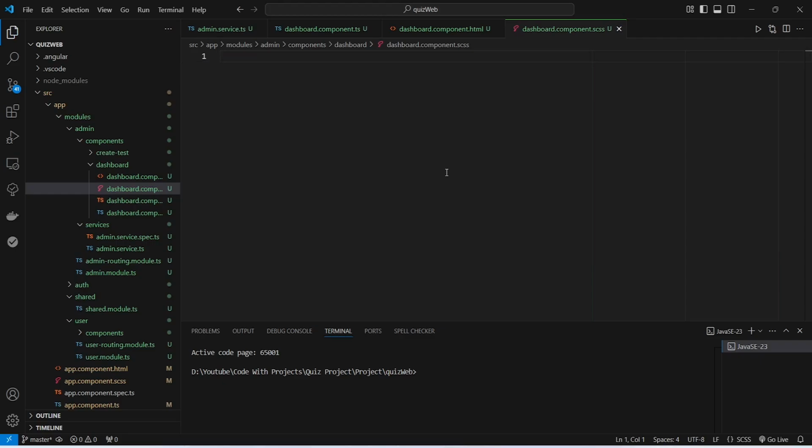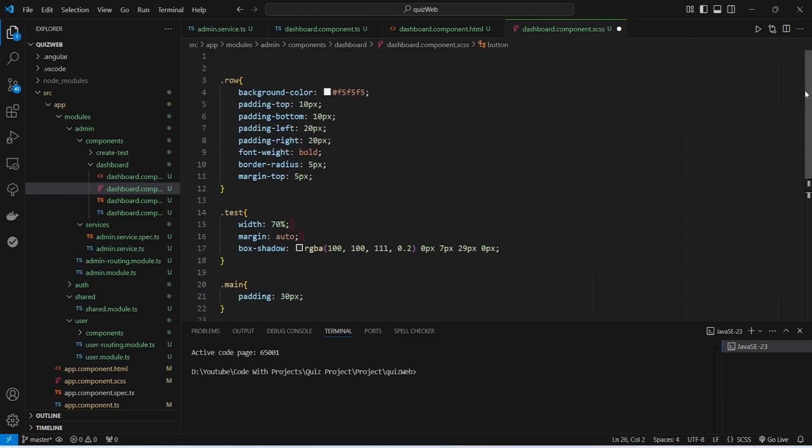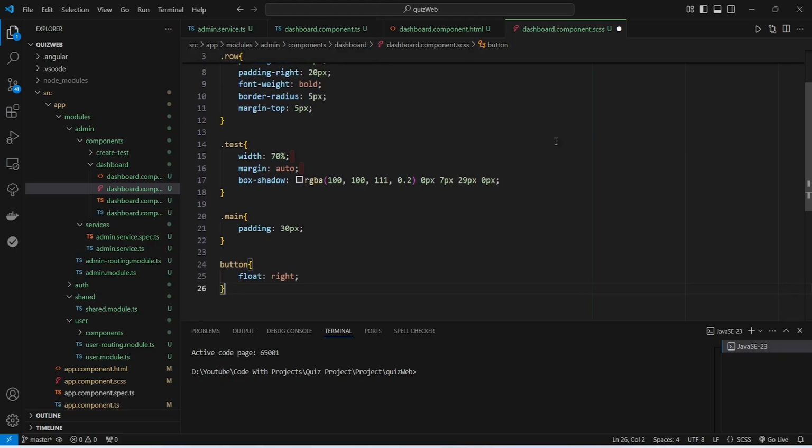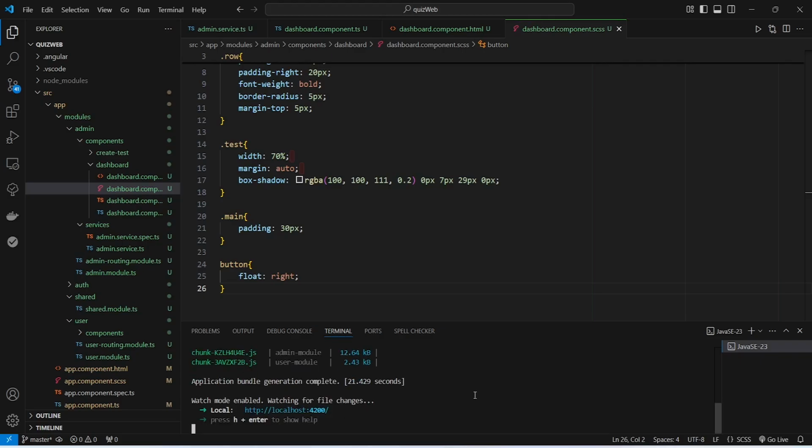dashboard.component.scss, and in this I will paste the CSS code, and you can pause the video and you can copy this simple CSS. Now let's save this file and let's run our application. And as you can see, our application is up without any errors. Now let's go to the browser and let's validate the functionality of our get all test API and admin dashboard